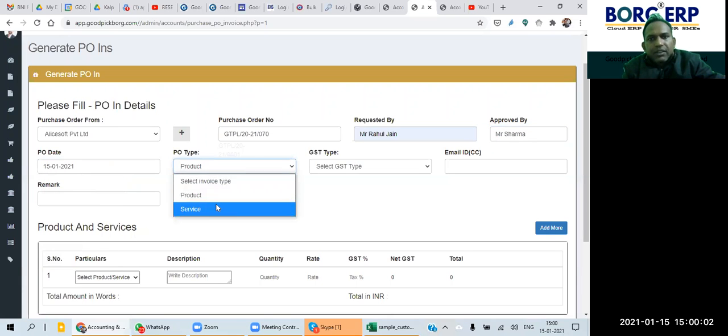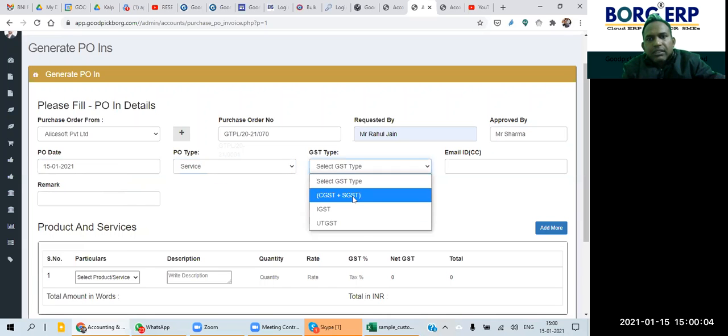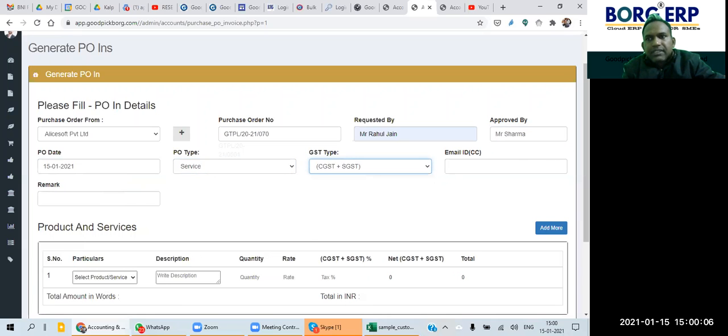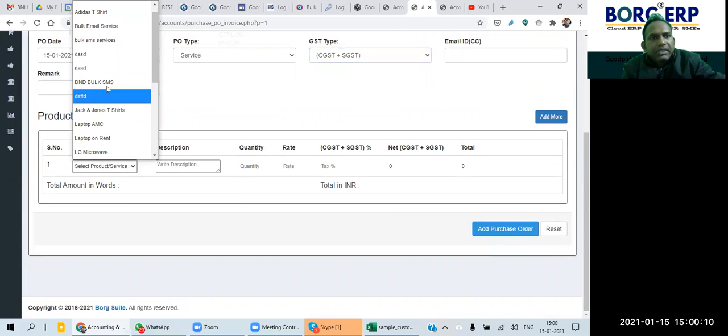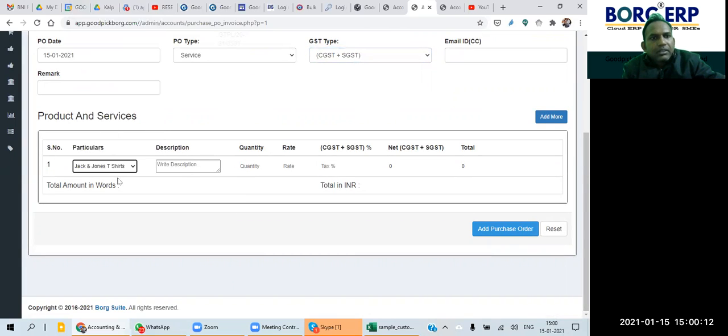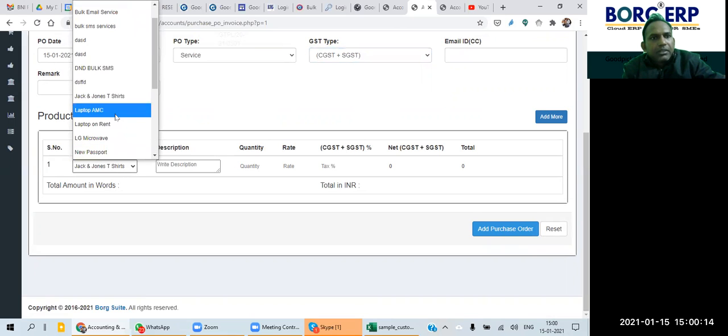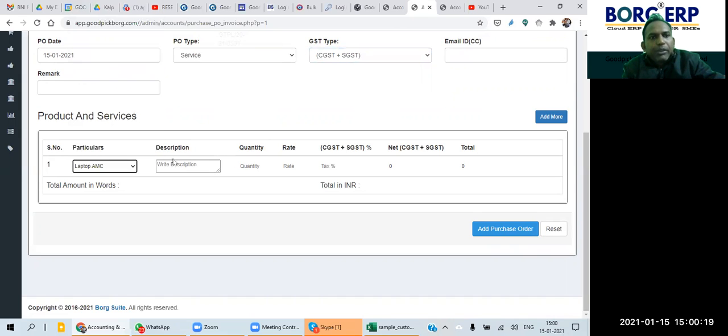Then let me select service, then the GST type, then CC. I'm not putting CC for anybody. Then let me select here, for example, laptop AMC. Then I can put a description, for the annual contract or something like that.